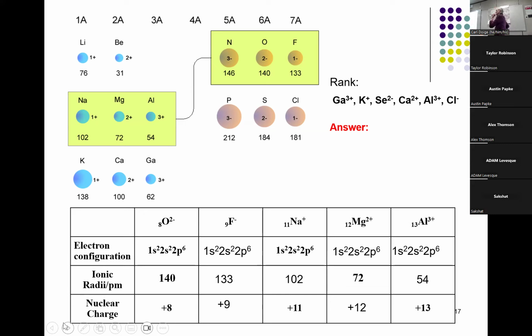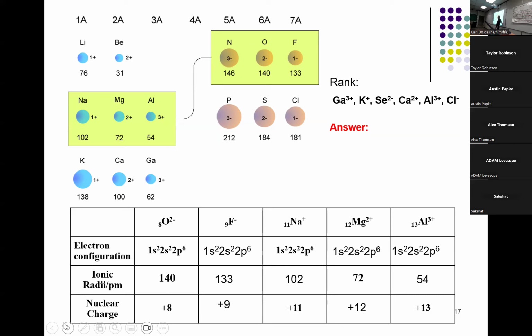If you want to have a good chance of finding the largest particle, where would be a good place to start? Further down, and it's not always true that anions are bigger than cations. It depends what you're comparing. But if you wanted to put things in favor of being the largest, would you look at an anion or would you look at a cation? I'm going to look at an anion, right? So I'm looking at all of these, and yeah, guaranteed it'll be the largest, but I'm going to compare this to this. Oh, well, how can I compare them?